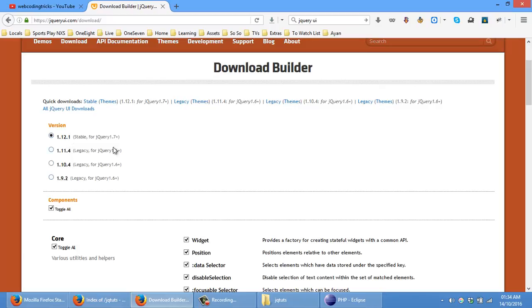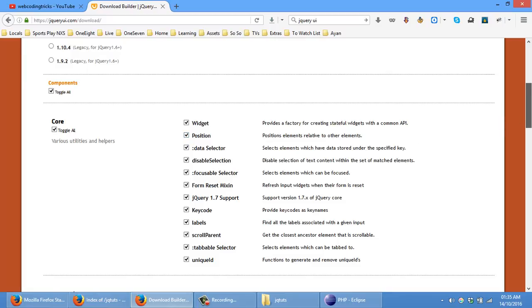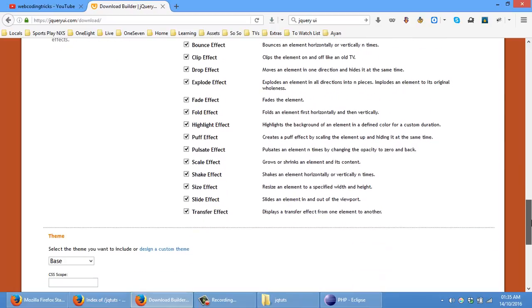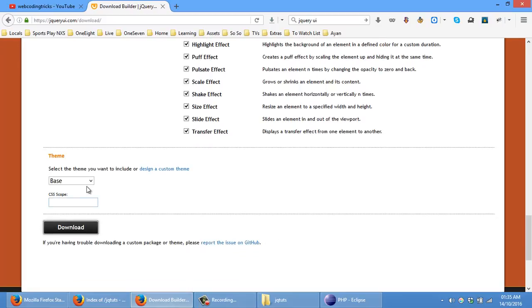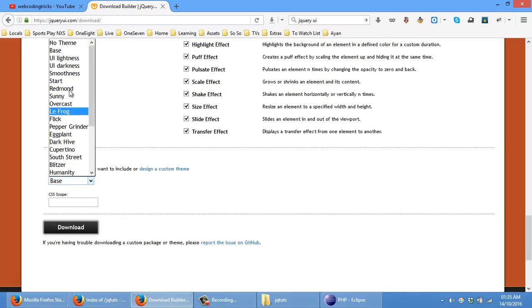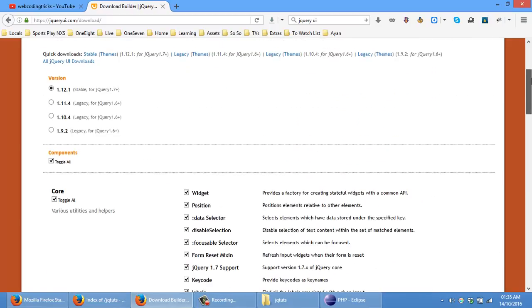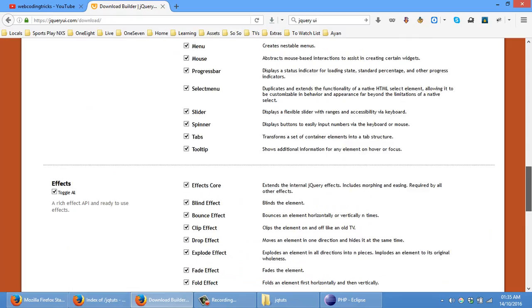The best thing to do is to use the stable version instead of new ones, which are under testing. Also select all the components which are already in fact selected. Do not deselect anything, because it will be a small download. Okay, you can download it with the base theme or other themes. So to have an idea how the theme will look like, instead of right away just downloading by selecting a theme, you can go and select the theme